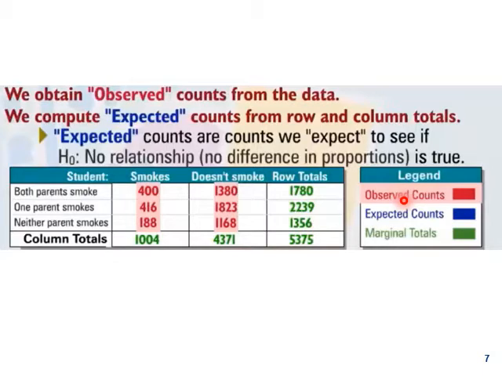Like when we do regression, the dependent value we have is observed, and when we calculate its value, it's the predicted one. Similarly, here, the observed values are what we got from the data, but after this we calculate values, and those are known as expected counts. And now we will see how we calculate this.